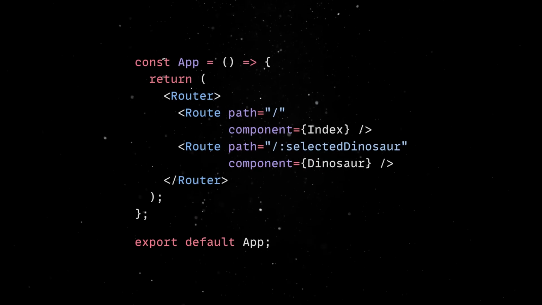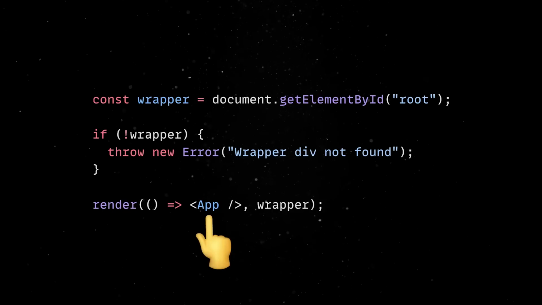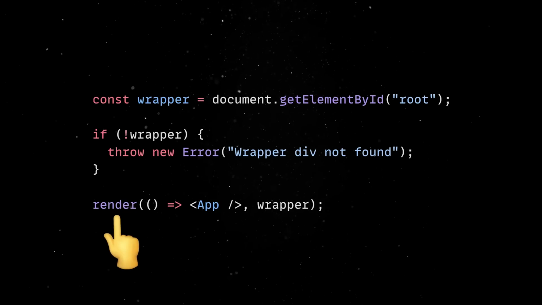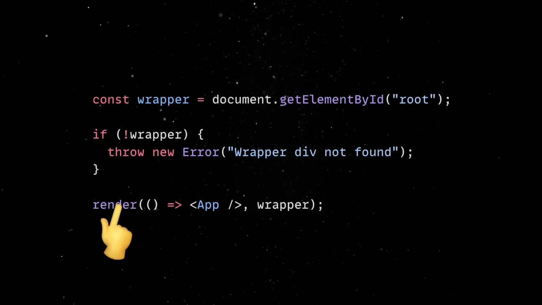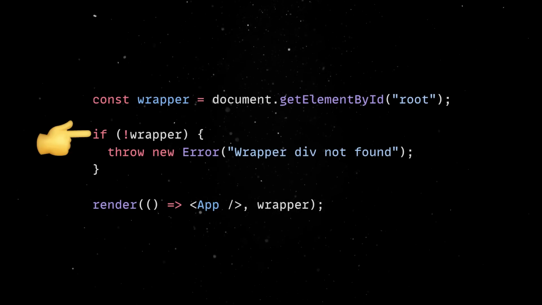Finally, this app component will be called from our main index. The entry point of our application mounts the app component to the DOM using Solid.js's render function. It includes a safety check to ensure the root element exists before attempting to render, providing better error handling during